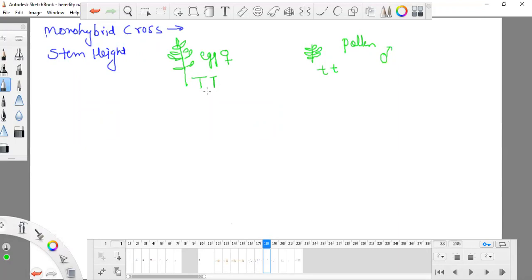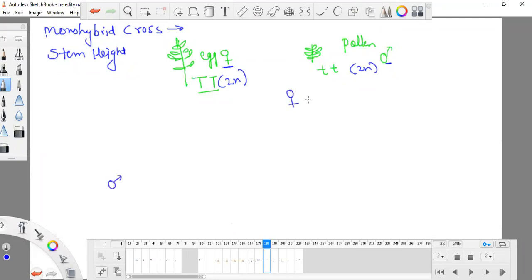You know that they are TT, or they are 2N. We know that each and every individual has a double copy, a pair of chromosomes. So when they form gametes, what happens with the gamete? This is just a plant. So Mendel took the egg from the mother, and Mendel took the pollen from the father, and the father is totally dwarf and the mother is very pure tall. So now they will form gametes. I'm writing mother here, and I'm writing father here.